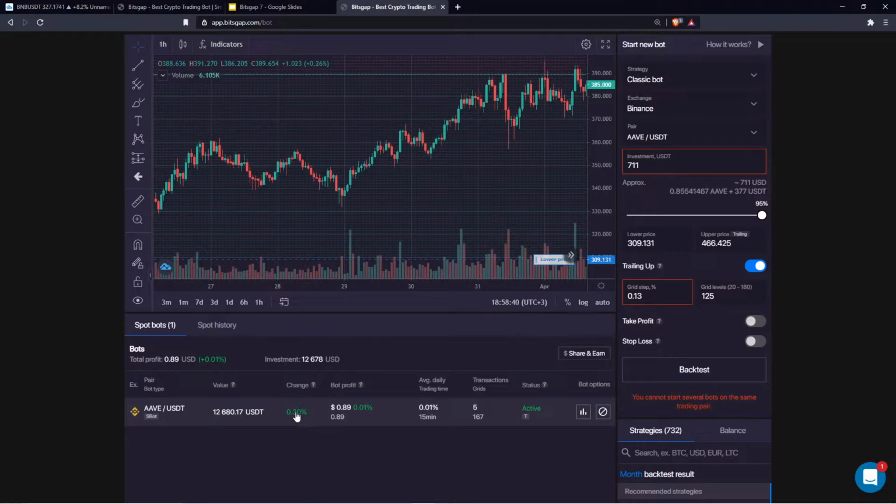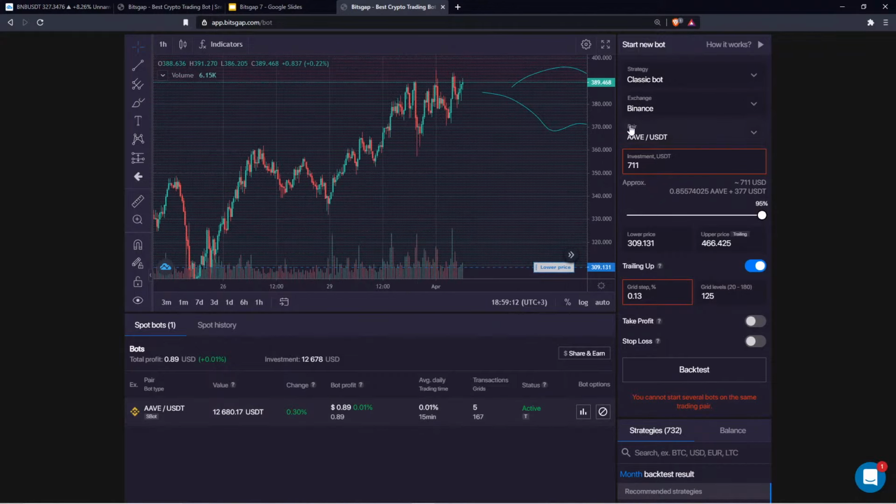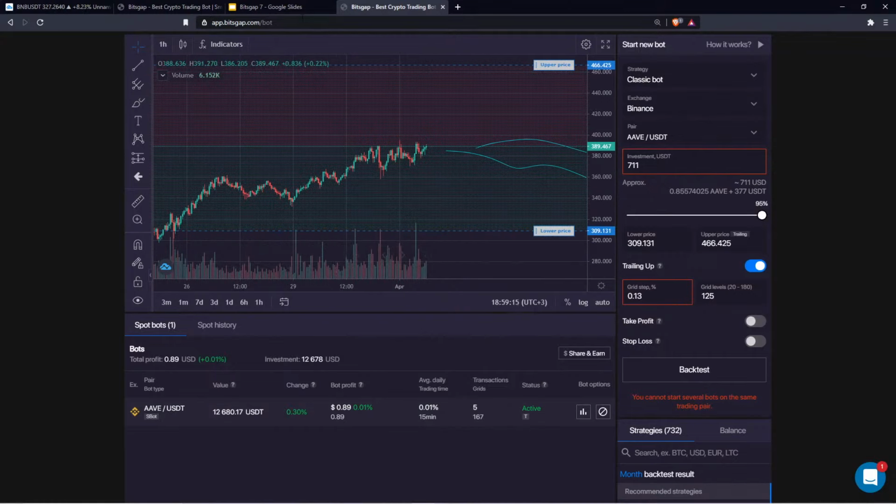Though the investment change as the key metric is the only thing that matters, and you can see this metric in the negative zone. So you can see once again -5%, for example, whereas the bot profit here can be, let's say, 10%. So that means that the value of Aave has depreciated so much that despite the return that the bot made, this return is insufficient to cover the loss that you incur as the value of Aave depreciates. But still, the trick about automation is that even on the downfall,